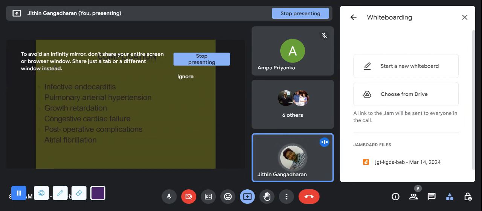Pulmonary artery hypertension. Why pulmonary artery hypertension? Because the circulation towards the pulmonary areas increases. Third one, growth retardation. There will be growth retardation. Congestive heart failure. Atrial fibrillation, usually a rare complication. But anyhow,